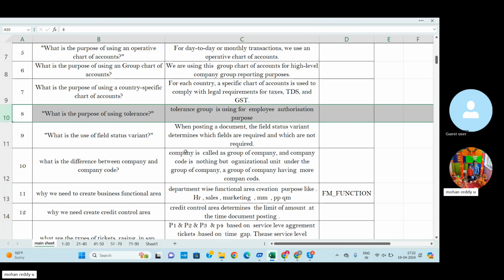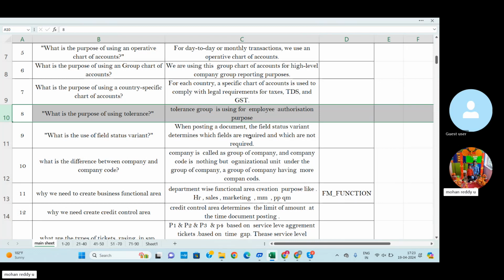So, the building owner name, the rent paid date, which month's rent, whether rent is paid in the form of cash or bank, rent-related days, or else building-related square feet, and each and every configuration. So we decide in the field status variant which field is required and which field is not required.